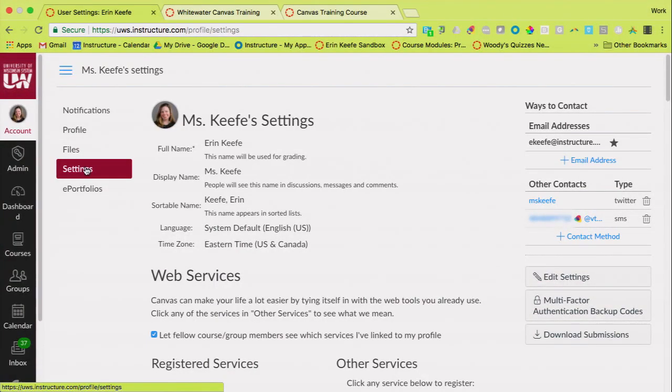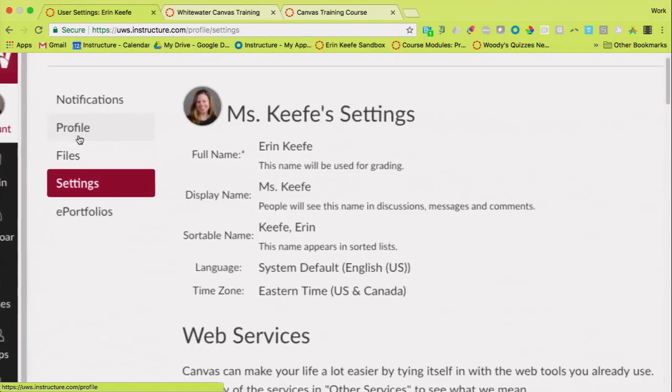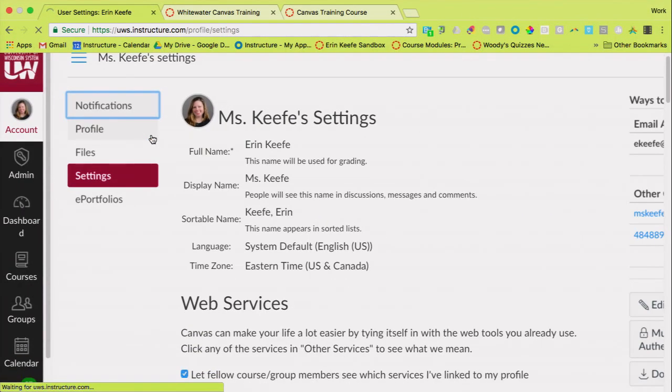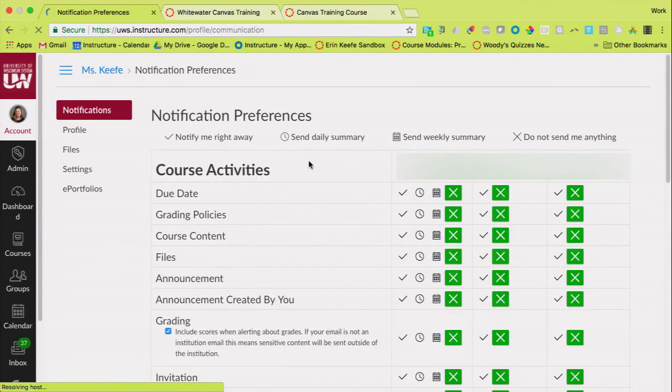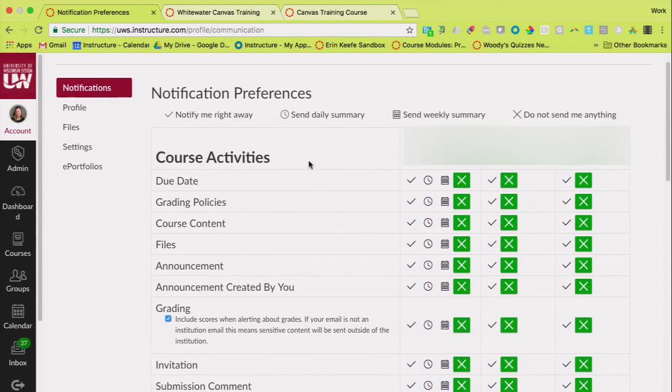So from settings, I'm going to navigate up there to notifications. This is a really long list, and I fully understand that until you start using Canvas, you will not know what notification preferences you want to set.